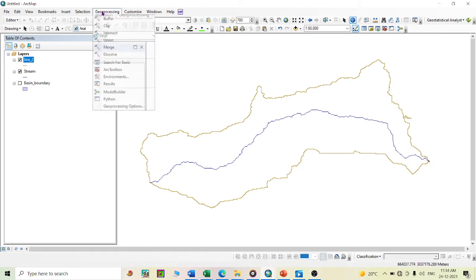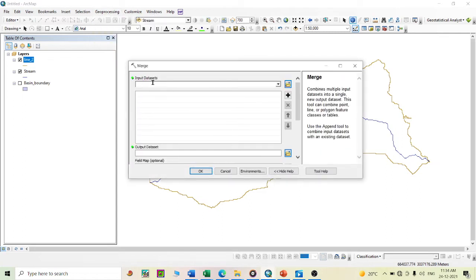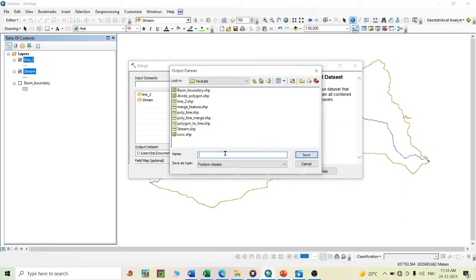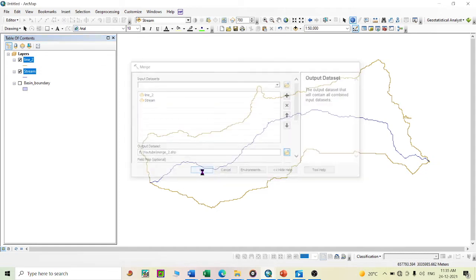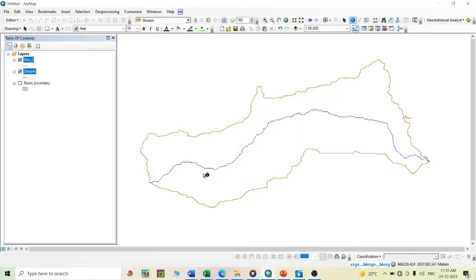Here in the geoprocessing tab, click the merge option, select the line and stream and drag it here, choose the output location, save it and click OK. It is also done.